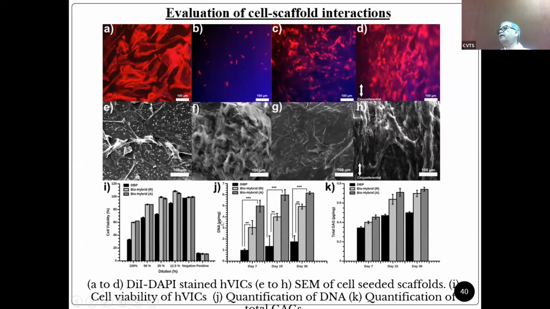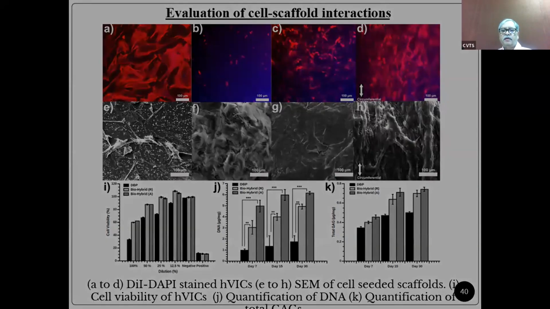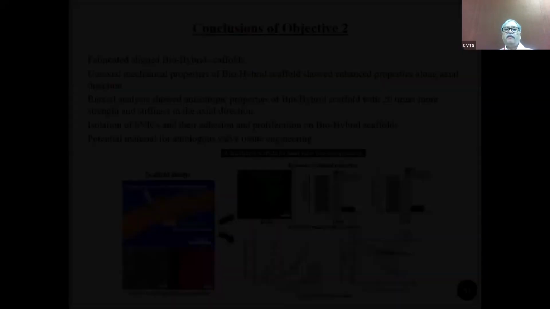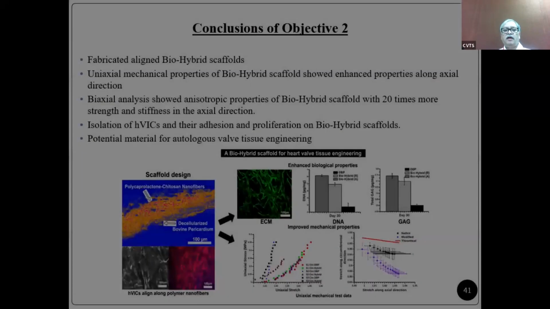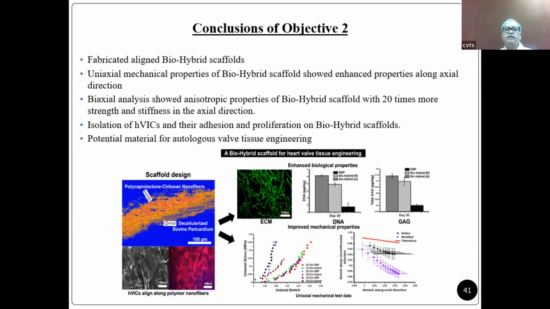DNA contained in this one, compared to the bihybrid. So more or less, this shows that our bihybrid is much better compared to the normal bovine pericardium. So the conclusion is we have fabricated an aligned biohybrid scaffold, and uniaxial mechanical properties show enhanced properties along the axial